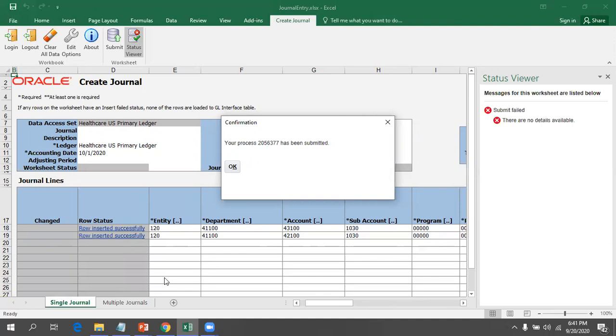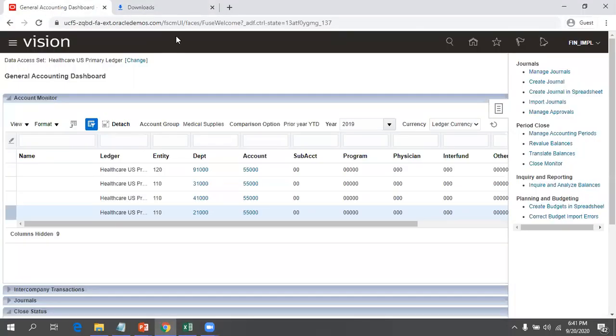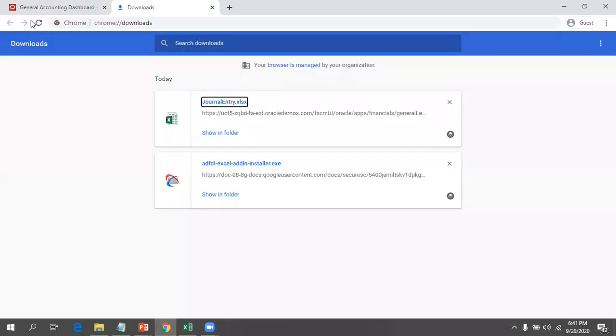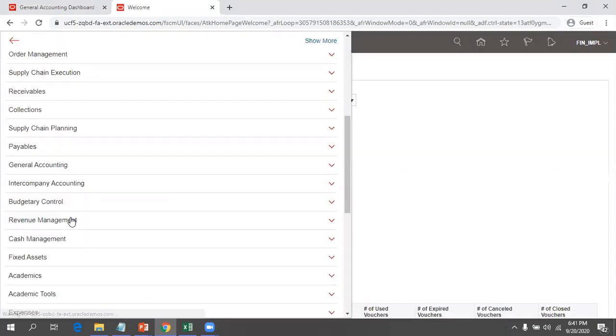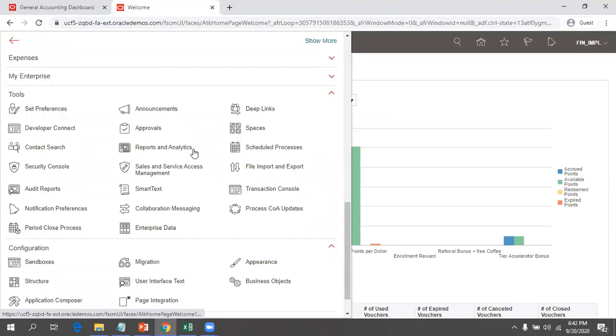Okay, now what you can do is you can go to the Fusion instance. Okay, I'll just open the tab. Okay, and now click on tools. Schedule processes.